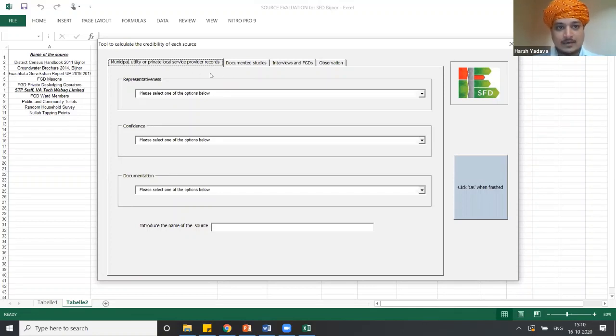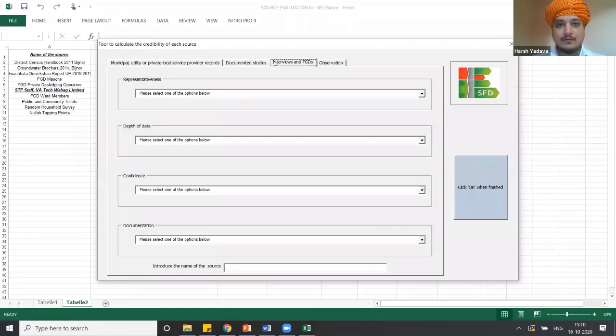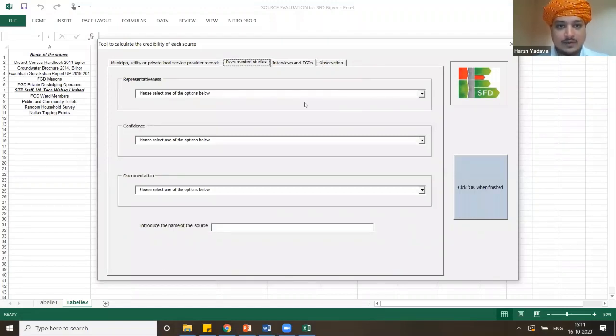This could be a municipality record, a document from a government website or secondary data, the details of an interview you underwent, a focus group discussion you have taken, or an observation you have made. Let's say I take an example of a government file.